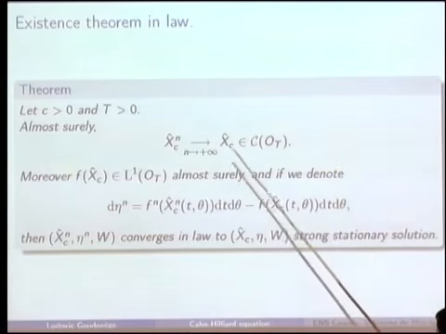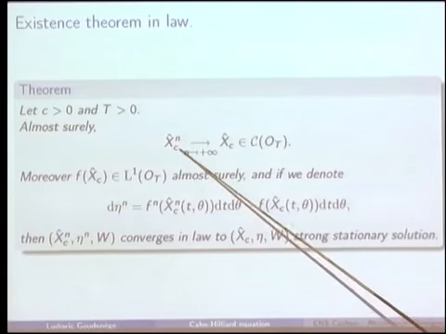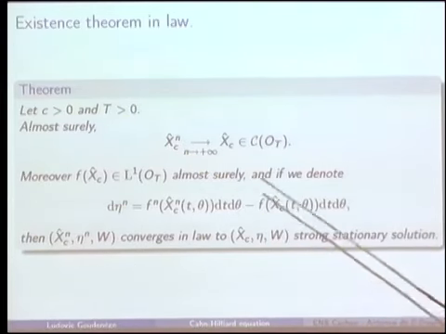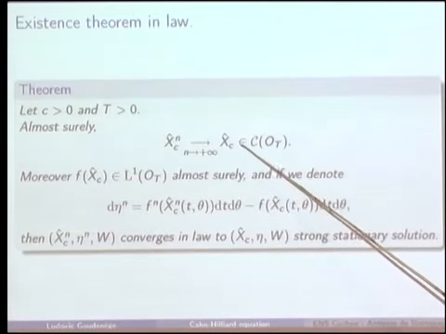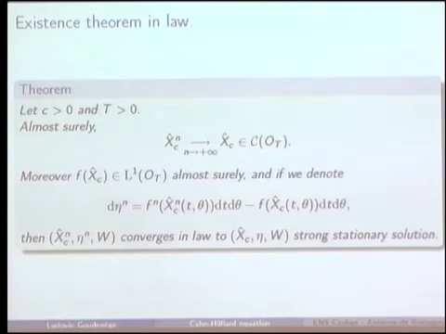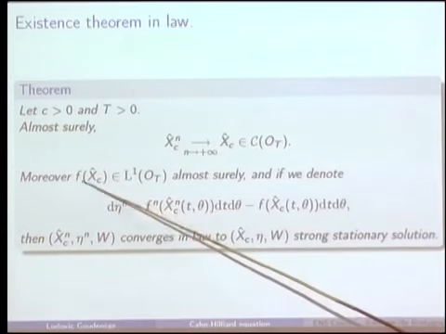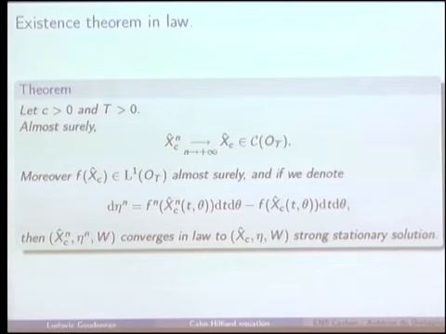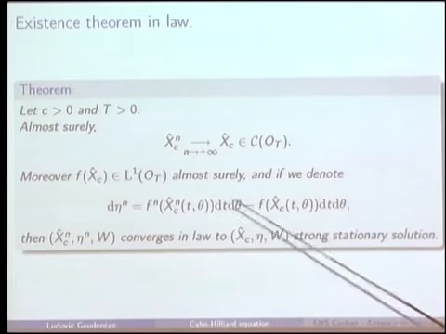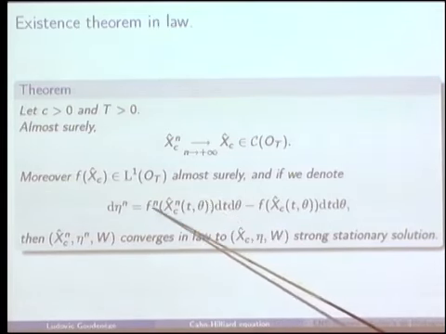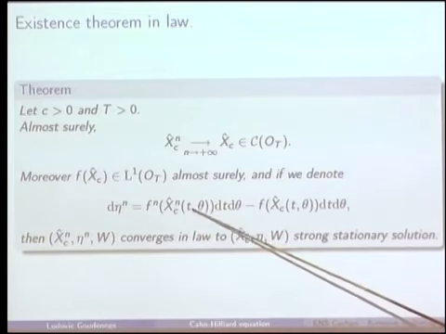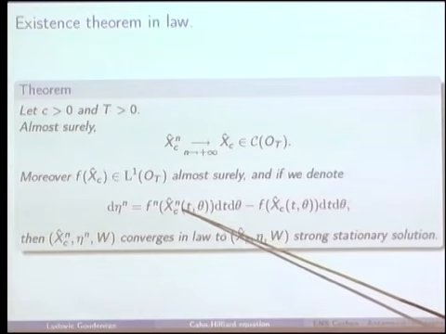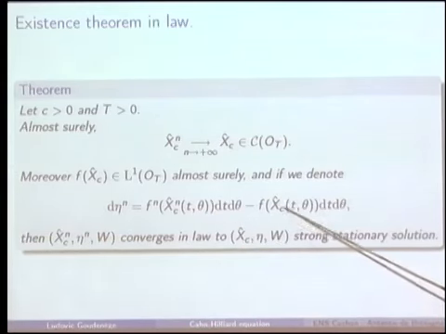Okay, I will write this here. So you have a stationary solution for the approximate equation. You let n go to infinity, so you have a new stationary solution of the singular problem. Moreover, the singular term is well defined, and you can write all the terms in the equation without problem. And if we define the difference between the approximate term f_n(x_n) and this limit term f(x),